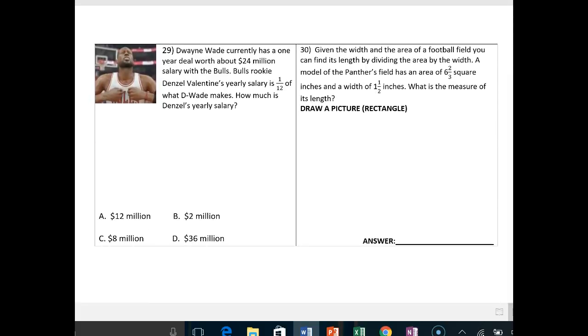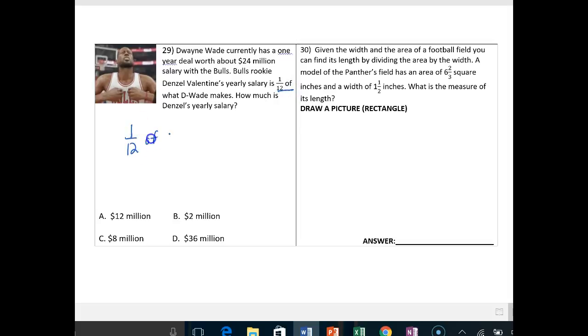B. And the backside, 29. This problem was exactly from your notes. It's a multiplication problem. Dwyane Wade currently has a one-year deal worth about a $24 million salary. The Bulls rookie Denzel Valentine's yearly salary is 1/12 of that. The keyword "of" usually means multiplication. I'm trying to find what's